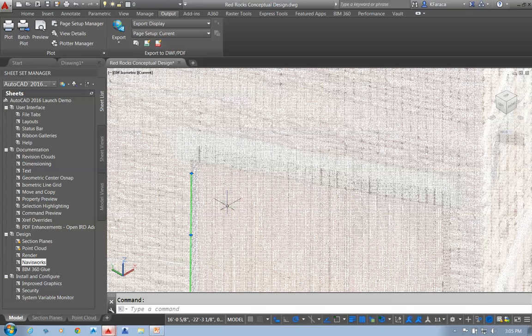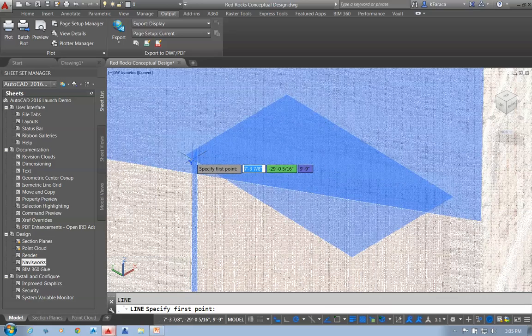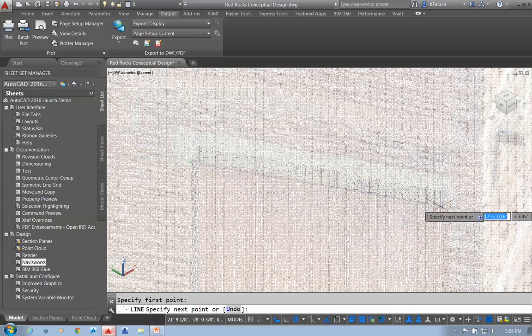So I have other object snaps that I can use. Go back in the line command, come down to my 3D object snaps here, and I look at, say, the corner point of a cloud. Now when I go in to draw, you can see that it'll bring up not only the 2 planes, but it'll bring 3 planes. So I can snap to the corner of the 3 planes. In this case, you have that bottom plane, which would be the top seal of the door. You have the face plane, which is the face of the wall, and then you have the other thin long plane running from the bottom that you see there. That is the plane from the inside of the doorway. So I can click to a point there,